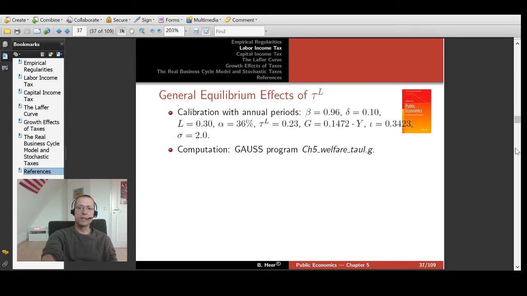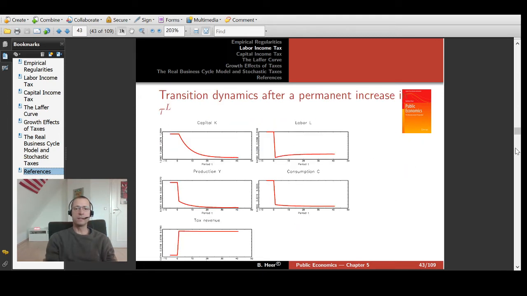We also want to compute the dynamics which are presented in this slide here. So we assume that up to period 0 we are in the old steady state, and then comes an unexpected change in period 1 that tau L is set equal to 24%, so increased by 1%. As a consequence, labor supply declines drastically and undershoots its new equilibrium value, and the capital stock slowly adjusts to its new steady state value, as you can see from the upper row of this figure. So we start the transition from the old capital stock and gradually get to the new capital stock. And the question is, how do we solve this